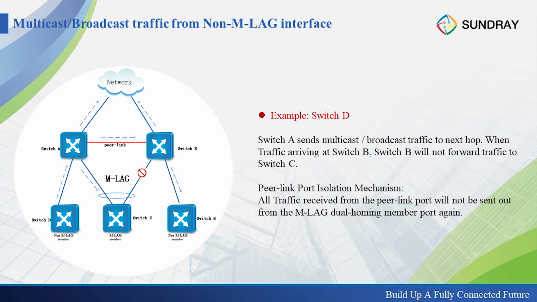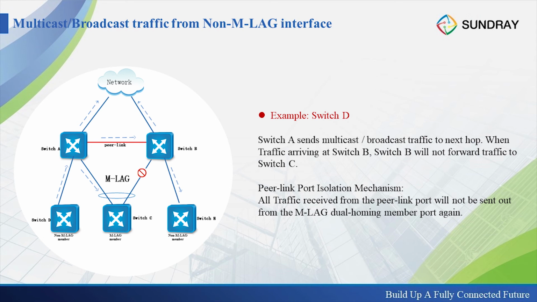For example, for the multicast traffic from switch D, when it arrives at switch A, switch A will multicast this message to the internet side, and also send it to switch B by the peer link port, and also multicast the message to switch C. But when the message arrives at switch B, it won't